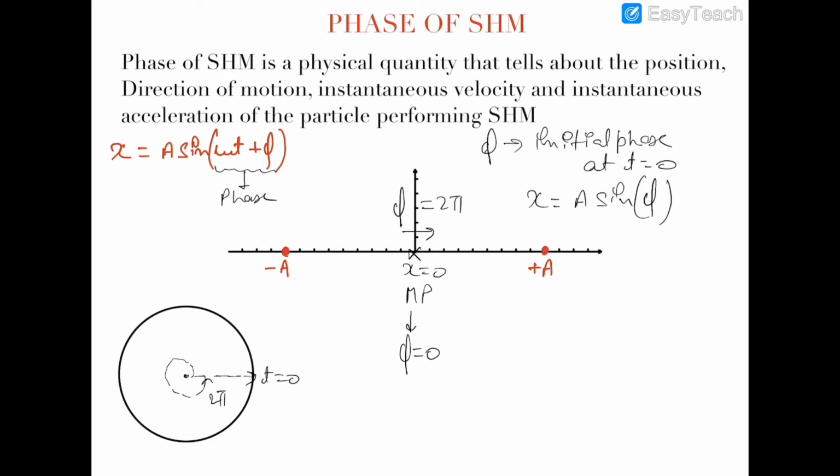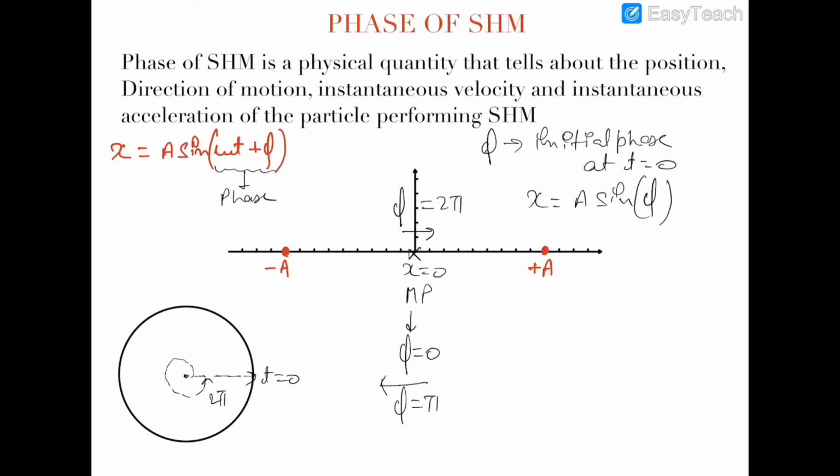Now we know that when this particle moves from the mean position for the first time and again comes back to the mean position, but in this case it is moving in the direction of negative x-axis, or we can say that it is moving towards minus a, then at this position going in the backward direction the phase of the particle would be pi, because this is the half cycle. So if the complete phase of one cycle is 2 pi, then the phase completed in half cycle is pi. So when the particle is at mean position and moving in the backward direction, then its phase is pi.